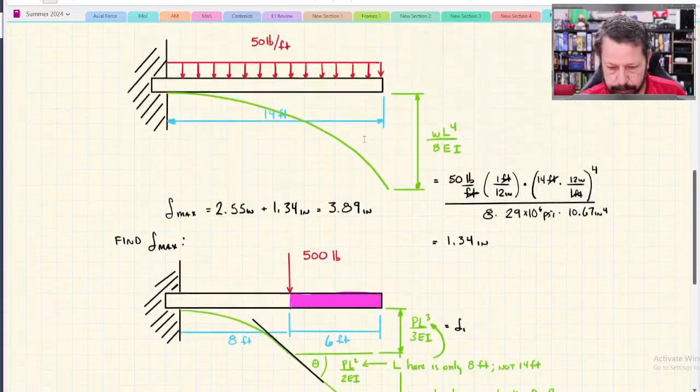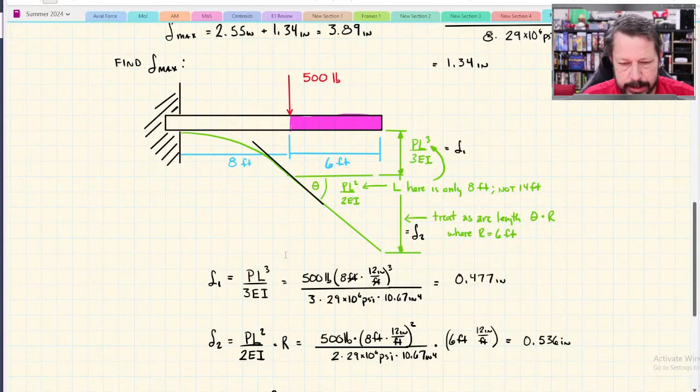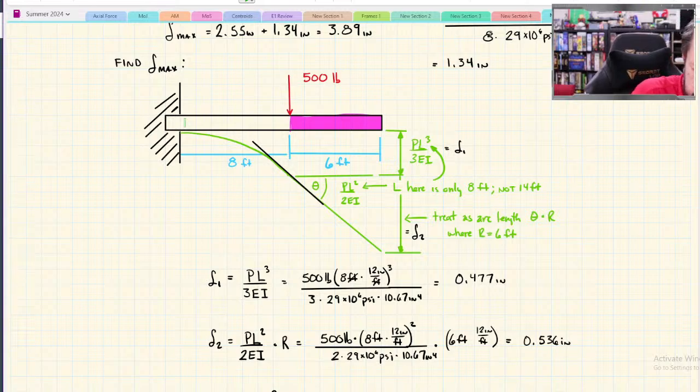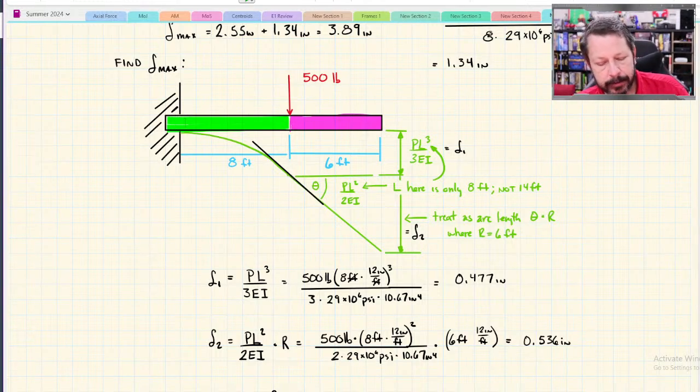Whoops. Here we go. It wasn't at the end of the beam. But we calculated as if this little part, maybe I should color it, was the whole beam. We calculated like the green section was the whole beam. And then we realized that the pink section is sort of just continuing where the green one left off. And so we are making a little bit of assumption, but it's a pretty good assumption that the pink